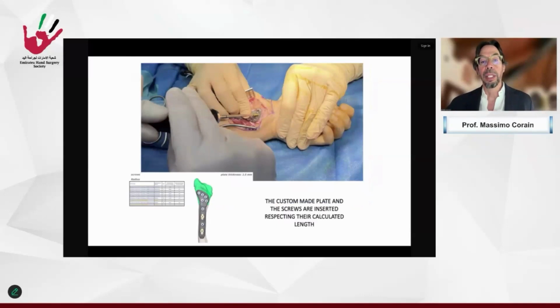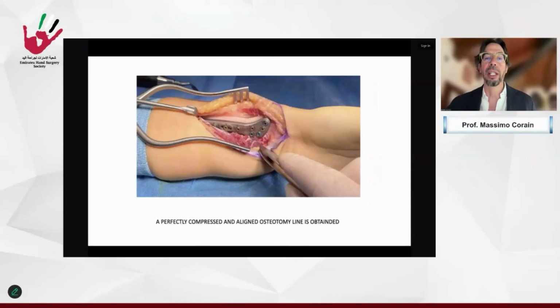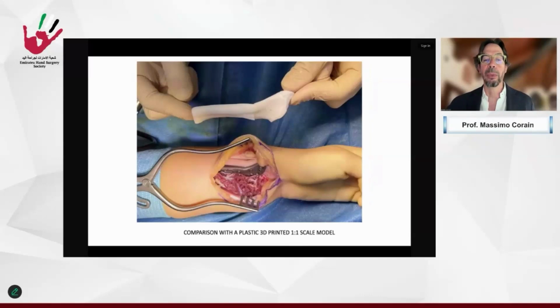Then we needed to put in the screws, as planned for length and number. This is the final check with the perfect matching of the osteotomy site as planned with the 3D printing model.